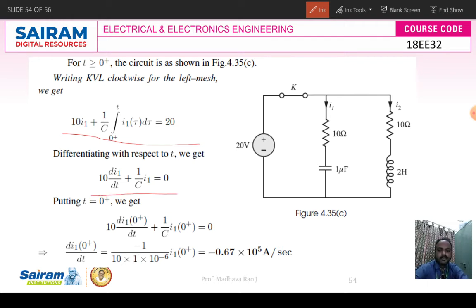So 10 di1 by dt plus 1 by C I1 equal to 0. Now substitute t equal to 0 plus. Simplify this one; the C value we already know is 1 microfarad, substitute here. So you can get di1 of 0 plus by dt is equal to minus 0.67 into 10 power 5 amperes per second,